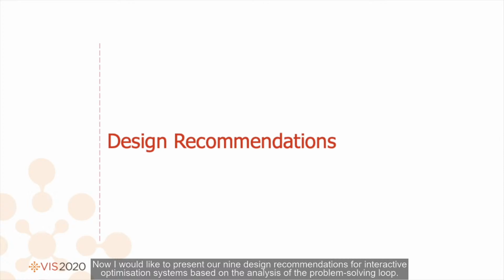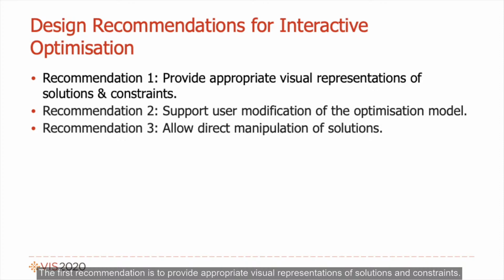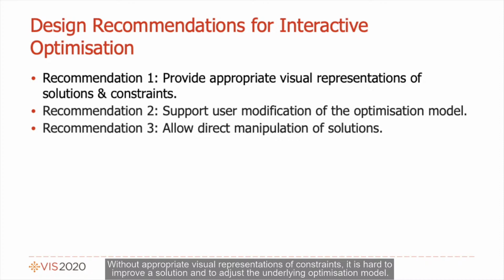Now I would like to present our 9 design recommendations for interactive optimization systems based on the analysis of the problem-solving loop. The first recommendation is to provide appropriate visual representations of solutions and constraints. This recommendation is central to supporting interactive optimization because without appropriate visual representations of solutions, it is very difficult to evaluate and compare solutions. Without appropriate visual representations of constraints, it is hard to improve a solution and to adjust